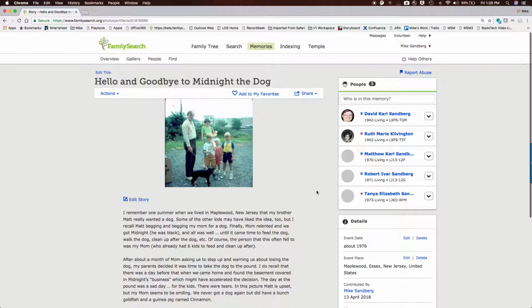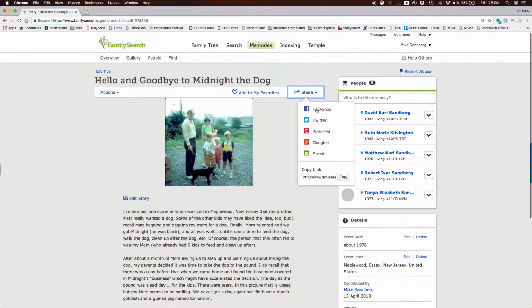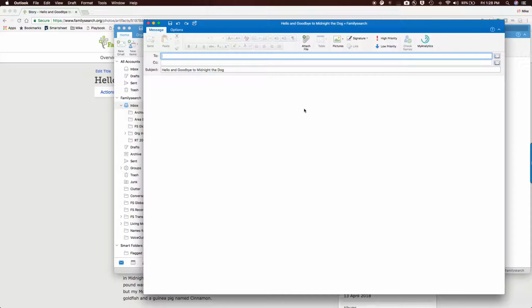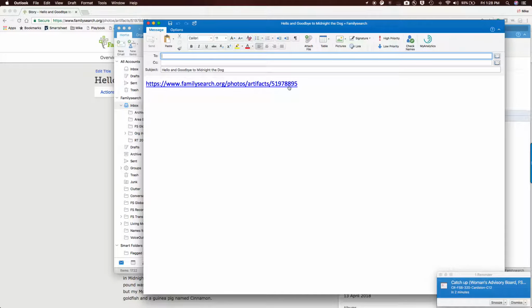And then the last thing I would share with you is that you can share from FamilySearch. So in this case, your options for sharing is you can do it to social media. You can also email it. You can copy the link and use it however you want. So let's say I wanted to email it. I'm just going to launch an email with the link. I personally prefer to share it on my mobile app